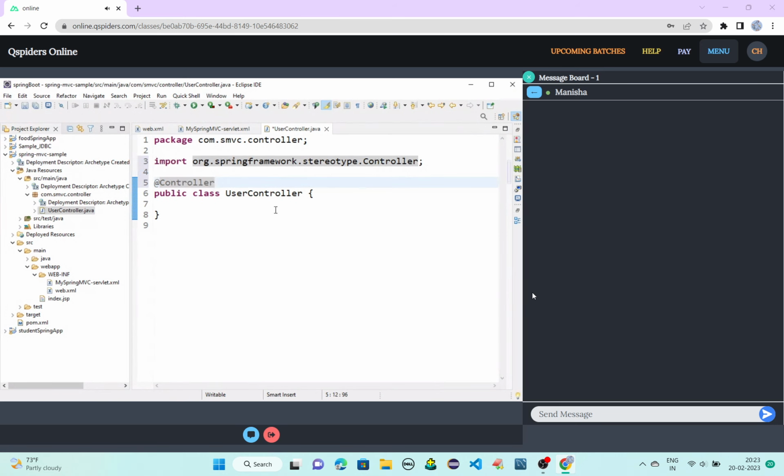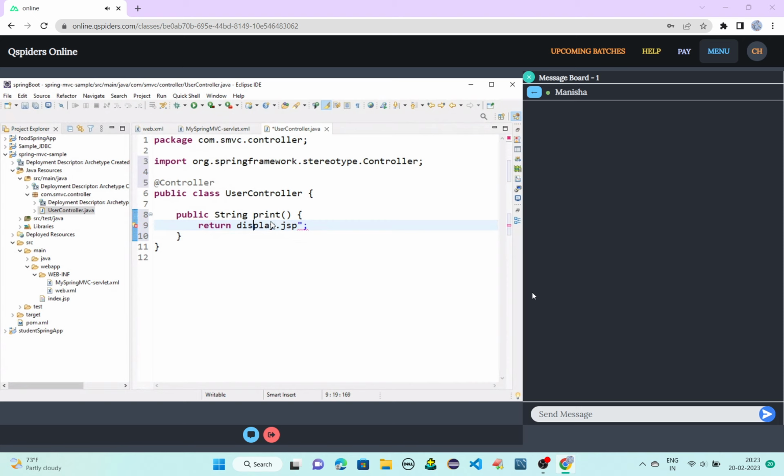Here I'll just write a method, public String print. I'm just taking a method. So here I'll try to return display.jsp.